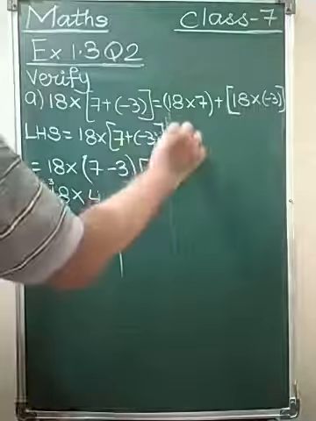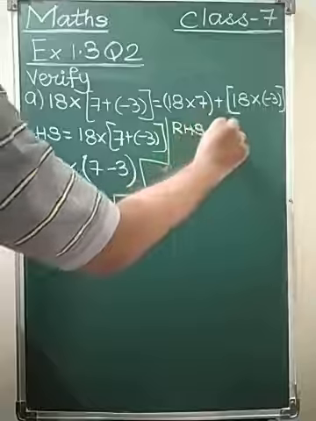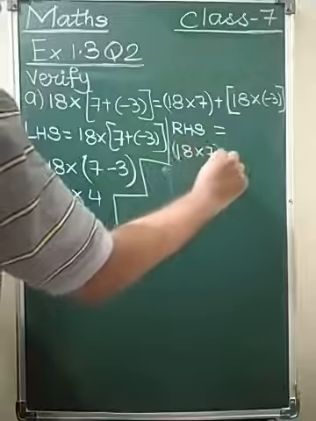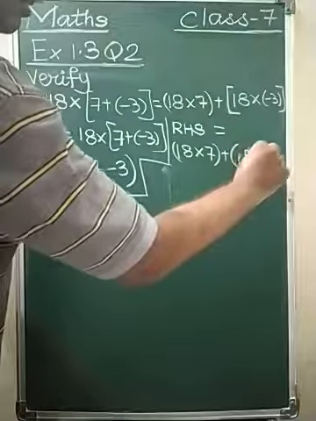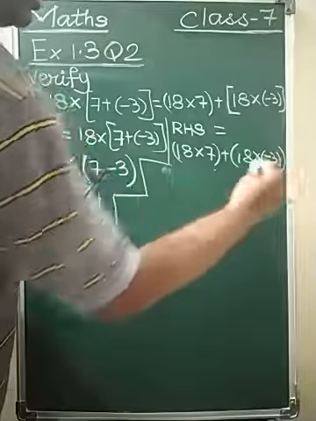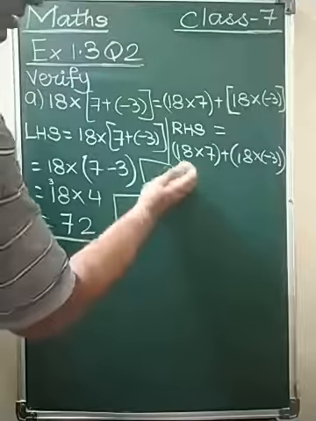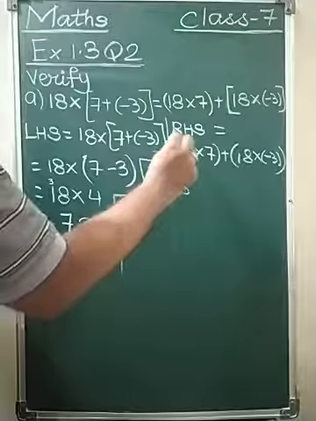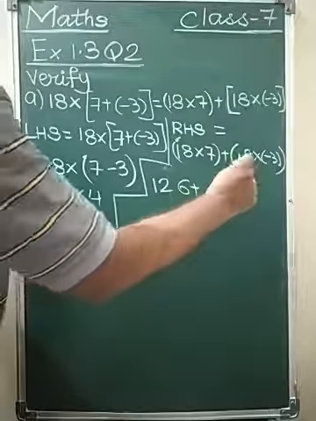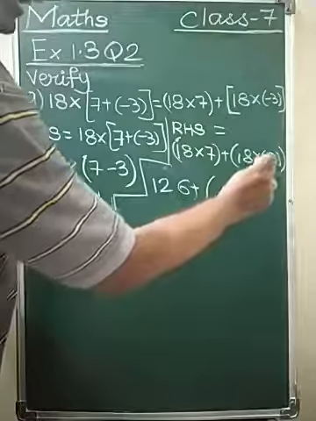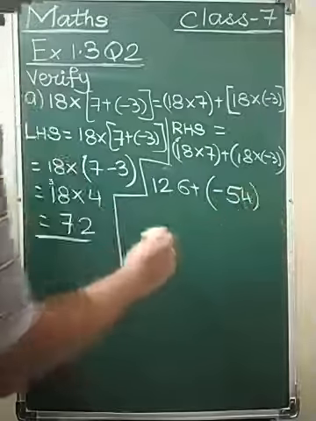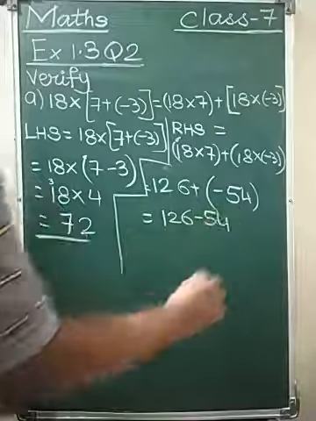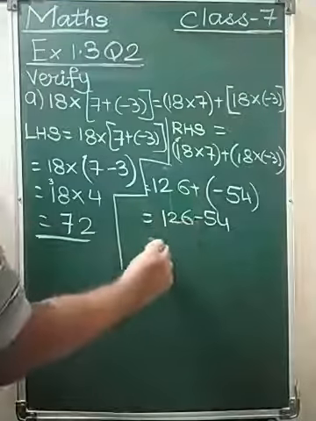Okay. So RHS equals, I will write it down here, 18 multiplied by 7 plus 18 multiplied by minus 3. So here 18 times 7: the 7 8s are 56, 5 carried, 6 7s are 42 and 5 is 47, so 126. Plus 18 into 3 will be 54, but since the negative sign is there, so minus 54. So this equals 126 minus 54. Okay, out of 6, 4 is gone, so we get 2.